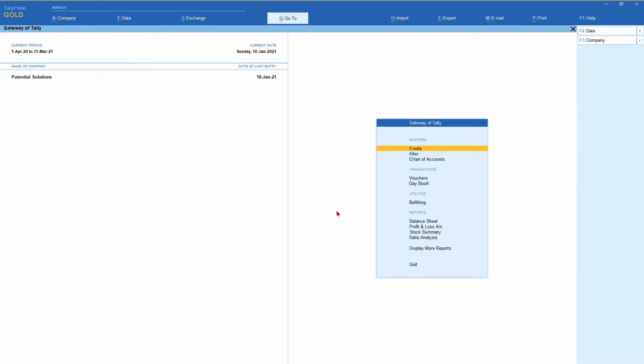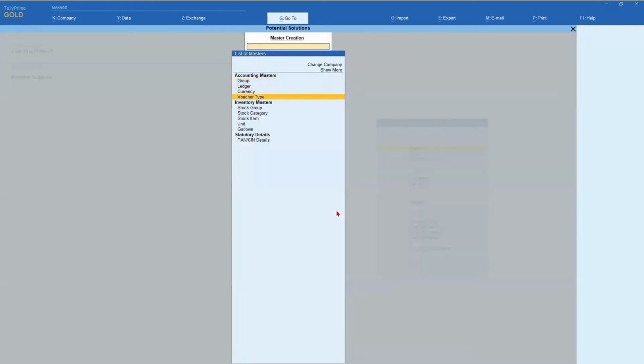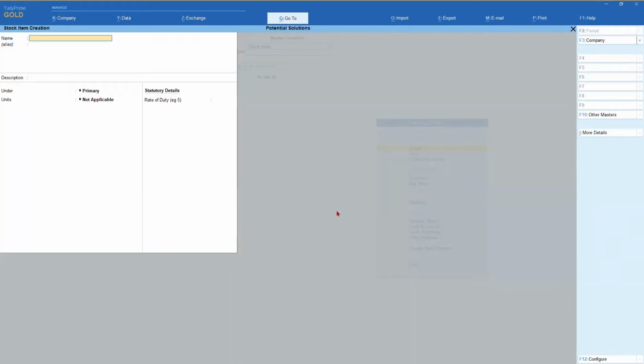Let us create a new stock item and then see how do we configure for part numbers. So we go to master creation, then I select stock item. So let me give a name for the stock item as item with part number.